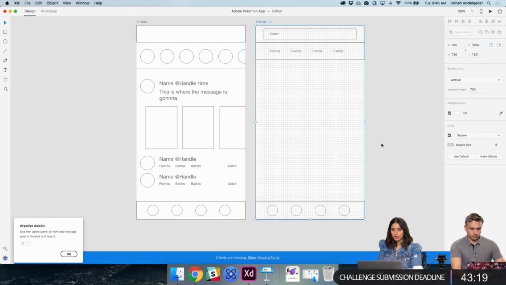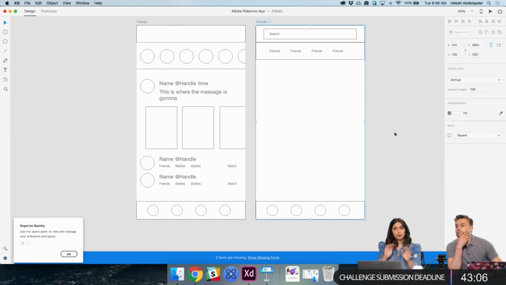When we start pixel pushing, this is the reason why I didn't want to showcase it right now, because then I'll start moving pixels. It's going to drive me crazy. But for right now at this phase, all we need is a blank screen. We're just wireframing. We're putting the information on the paper, and then we're going to build off of that.